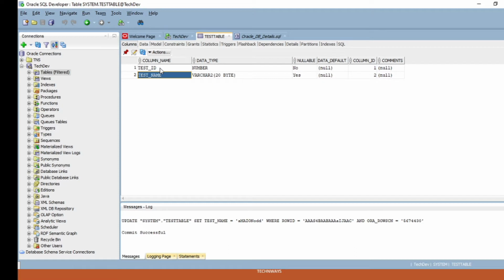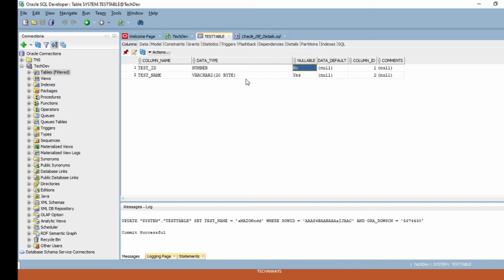You can see that for the test ID, nullable is no. If you have difficulty understanding how this table was created, you can go to my previous video and see how I created it, and how I explained the test ID, name, the data types present there, and the various operations we are performing.